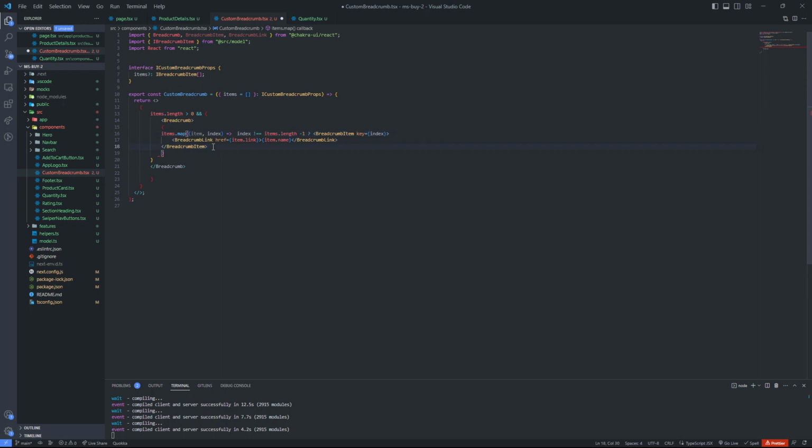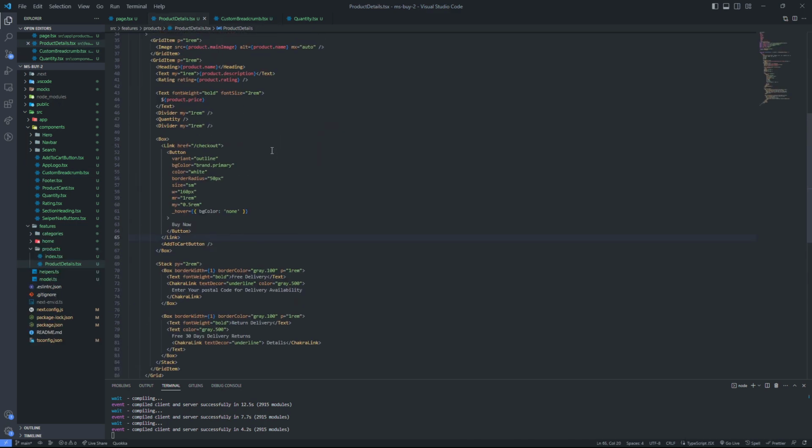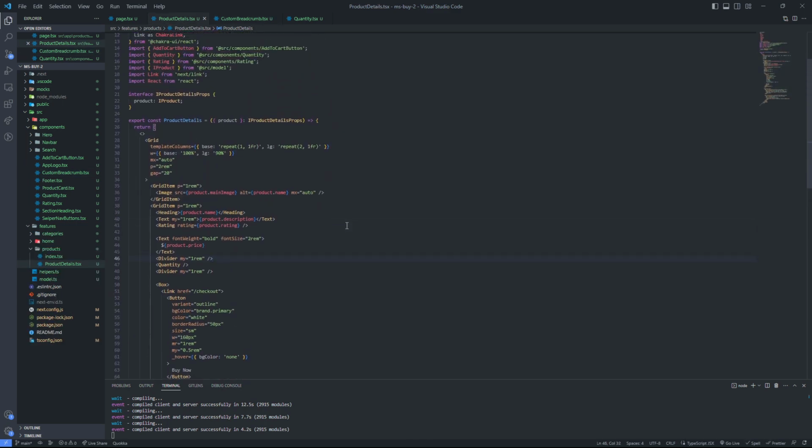But if not that's the case, just show breadcrumb item with just a text, not a link, like this. And I would need to pass the key here as well, and I'm just going to show a text instead of a link. I'll just grade the color out a little bit. So I'm going to save this, and when I come to product details here, on top of the grid,